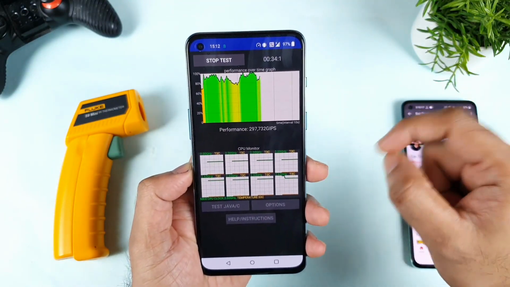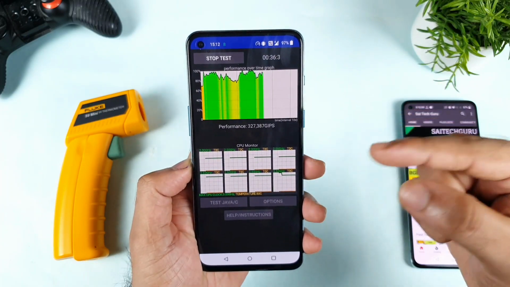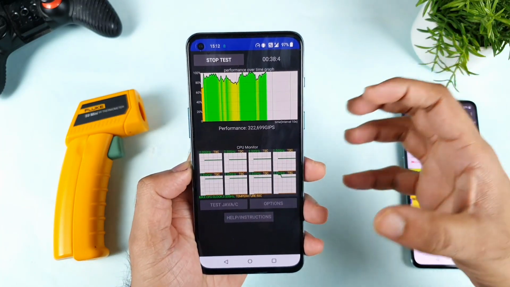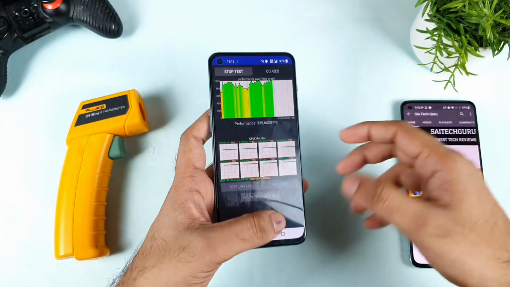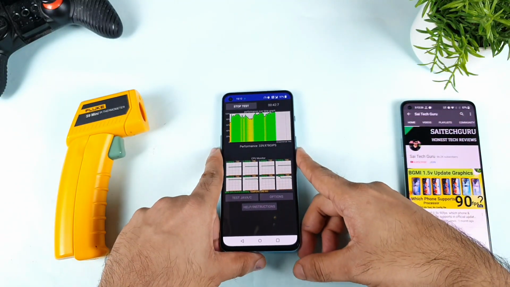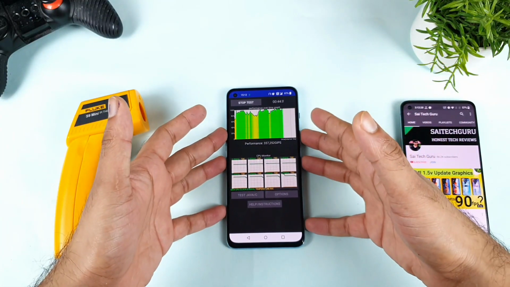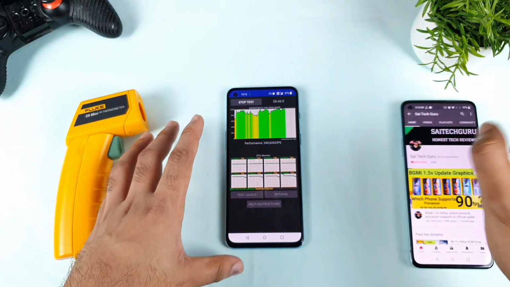As I said, I'm still testing this update on the OnePlus Nord 2, and there are a couple of other issues with this update which a lot of users informed me about as well. I'll try to make another video on what bugs can happen with the latest update on this OnePlus Nord 2, so make sure to stay tuned for those videos.